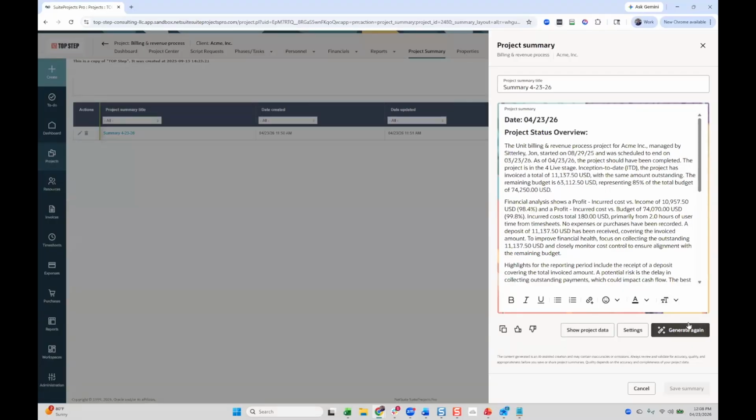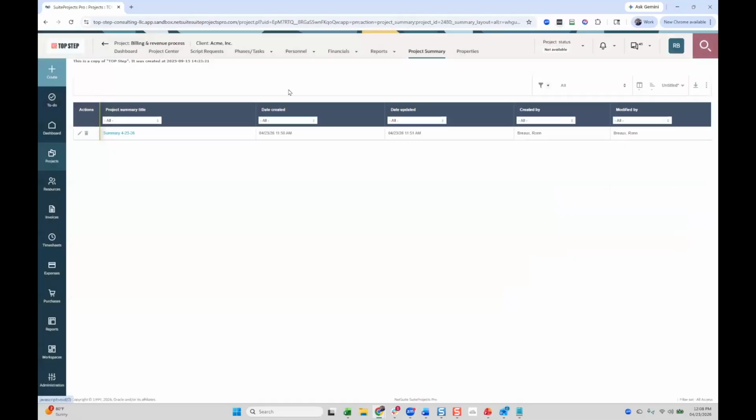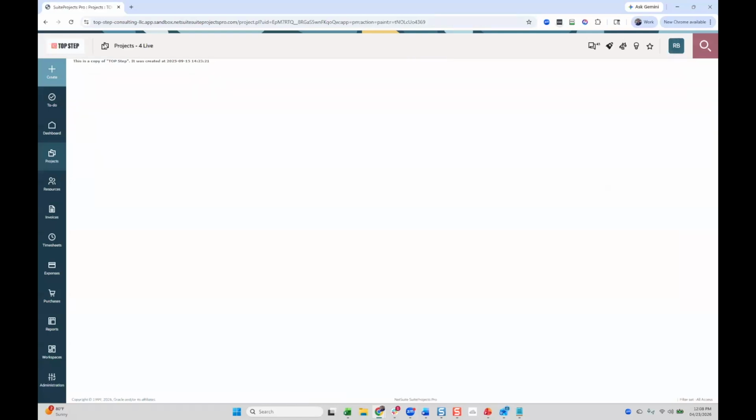I can generate these as often as I want. If I wanted to generate another one, there's two different ways to do it. I could come in here and say generate again, and it's going to go in and generate another report. If I do want to do it from drilling into the project, they do have the ability, if I go back to my list view,